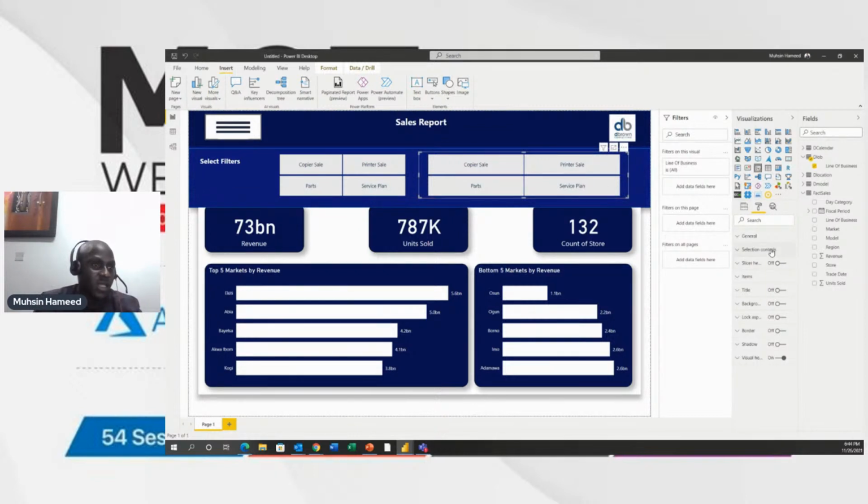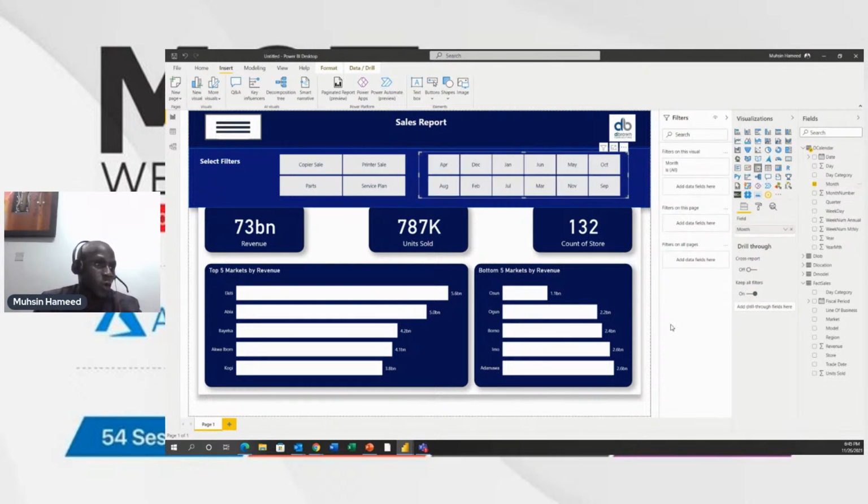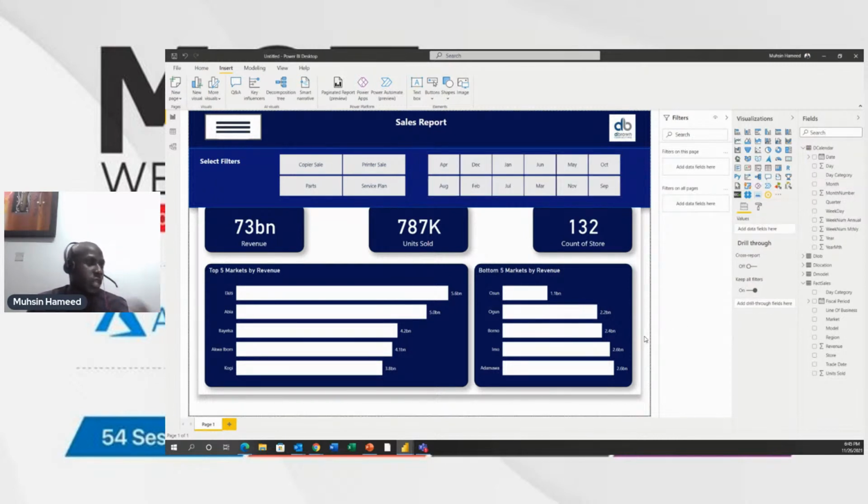Then for this slicer, let me say probably the month. Maybe we want to slice our report by month. So I'll come to my calendar table. Then I'll select the month. Okay. So assuming this is what we need for our slicers,